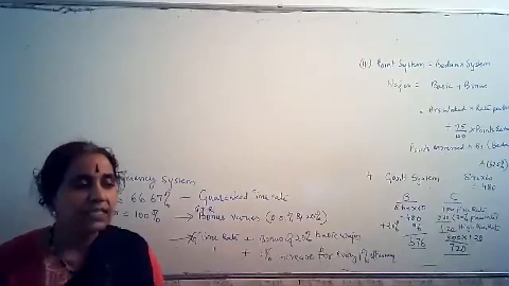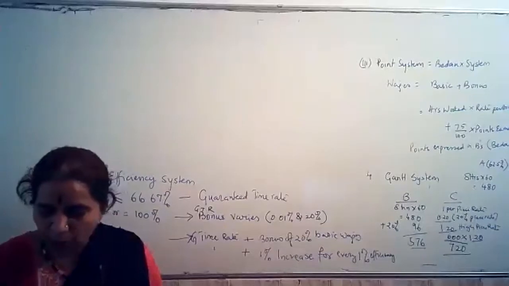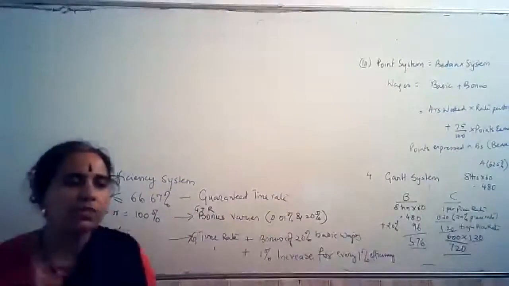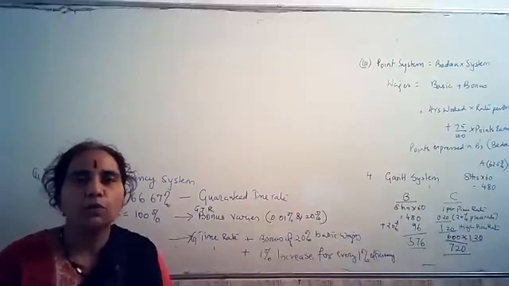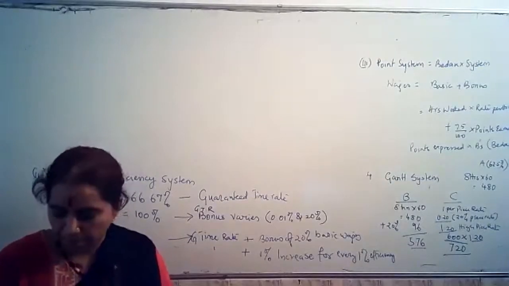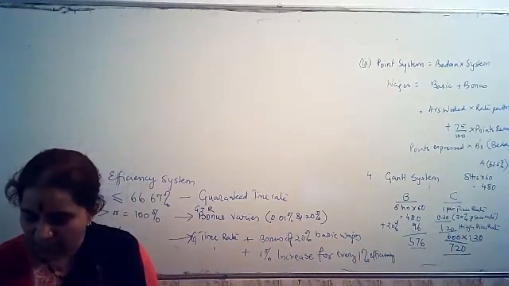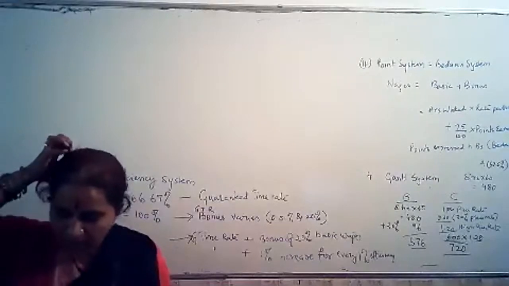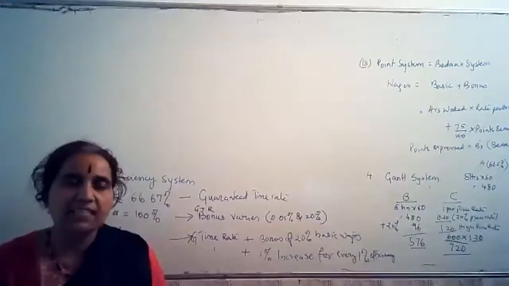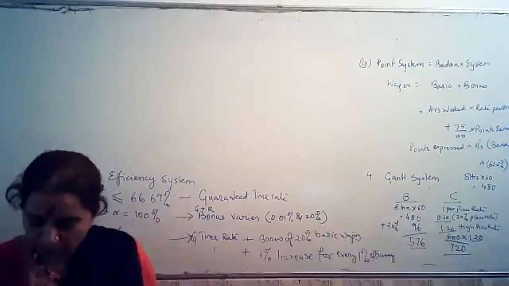Standard working hours is 8 hours per day. Standard output per hour is 2 units. So how much should they manufacture every day? 8 into 2, which is 16 units has to be manufactured every day. Daily wages is 360 rupees. Number of working days in a week is 6 days. Each of the sports companies is working 6 days a week.